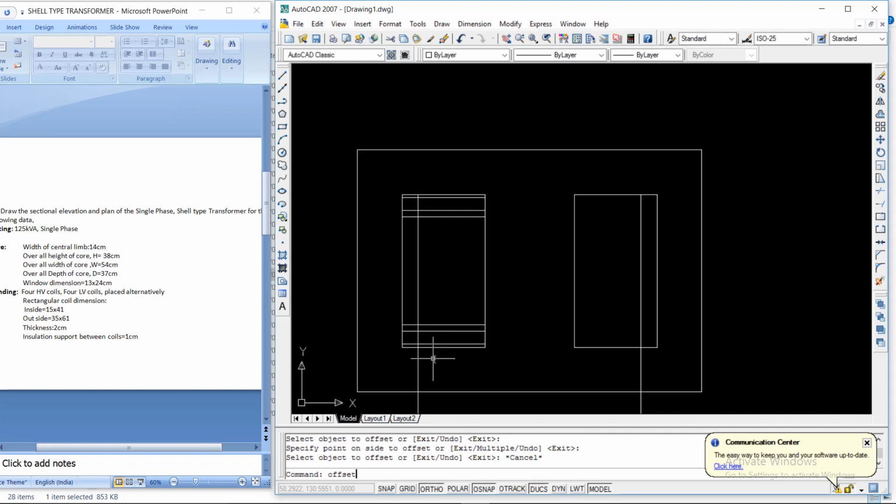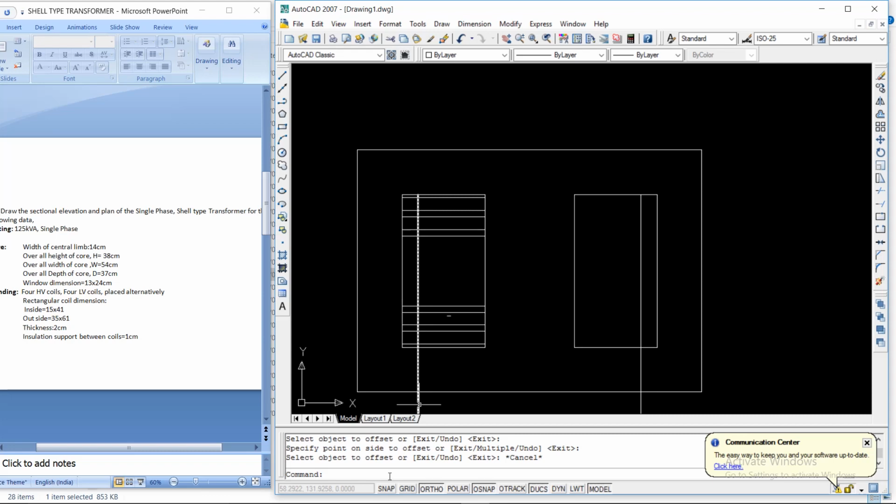Offset, enter. Coil thickness is 2, enter. Offset, enter. Insulation thickness 1 cm, enter. Click here, click here.